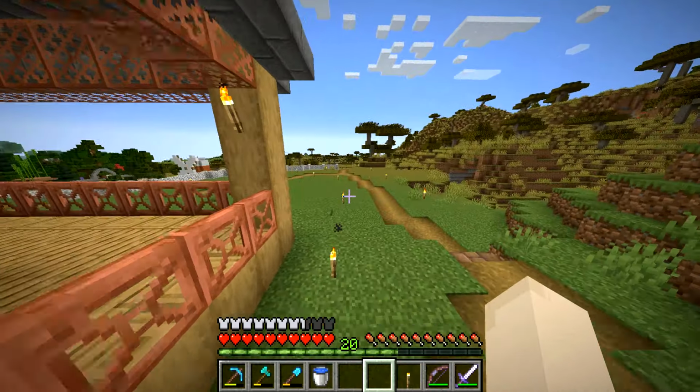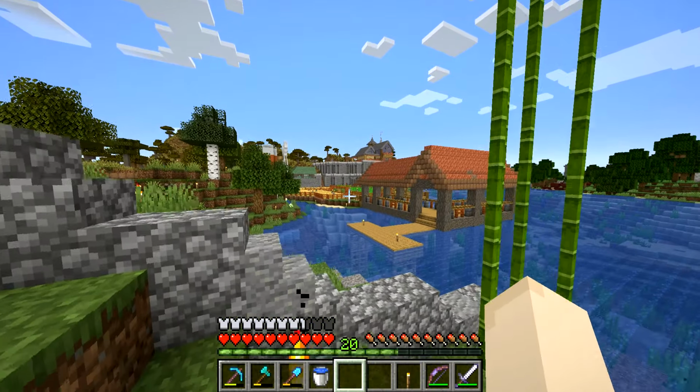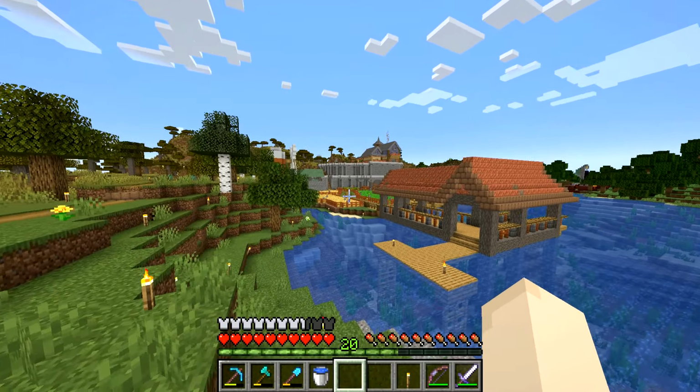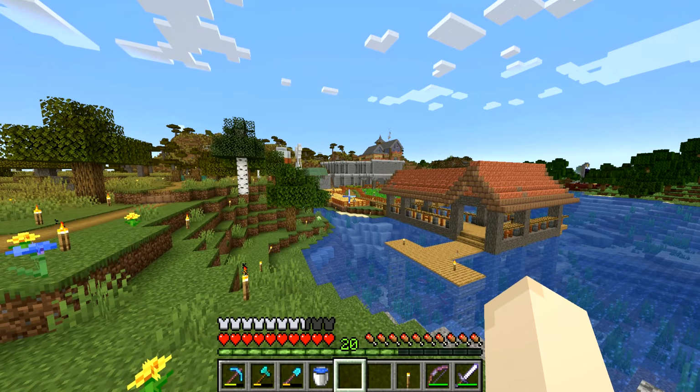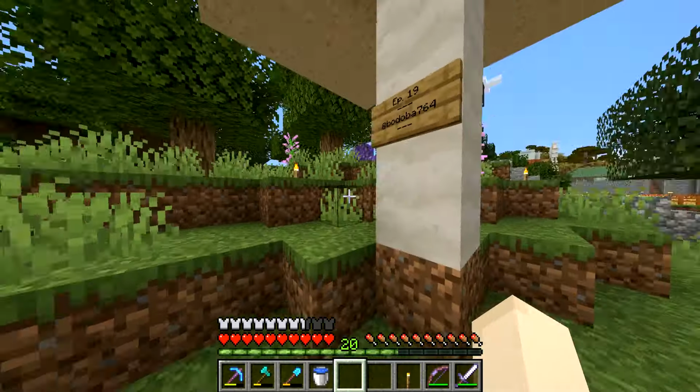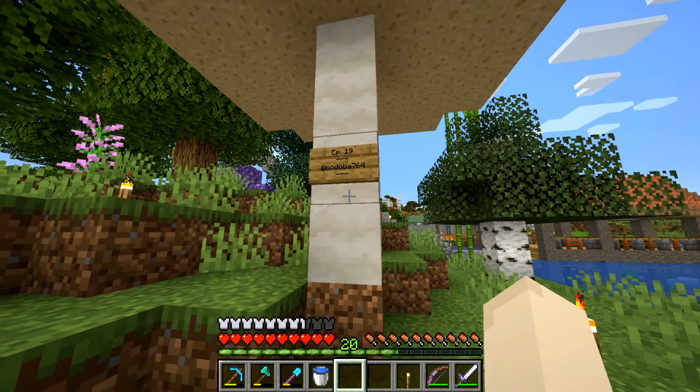Let's go to the Enchanted Forest. Look at this view. Oh my gosh, it looks even better from the Enchanted Forest right here. It looks like we live on top of a castle or something, like some castle walls. This is great. Anyways, today's comment comes from